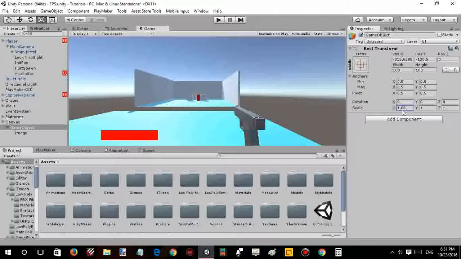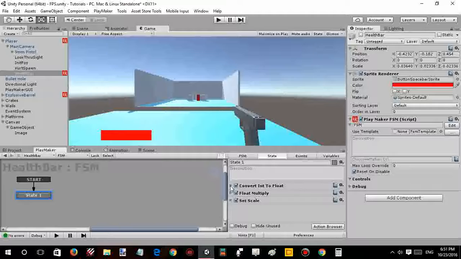So we'll keep this to say 1, no, actually I'll increase the scale of the game object to 1.5, I guess. So now let's go into the script